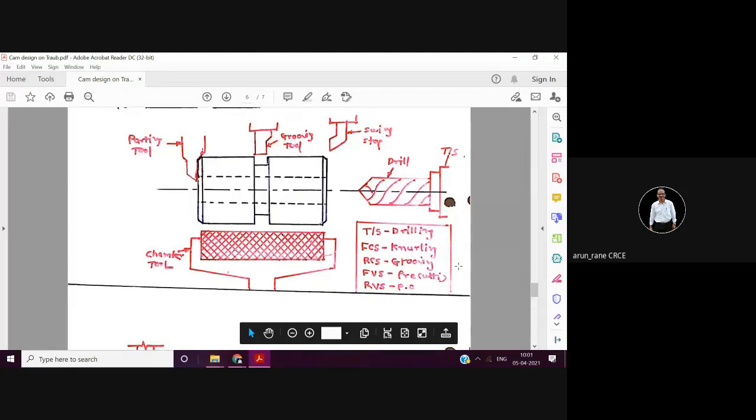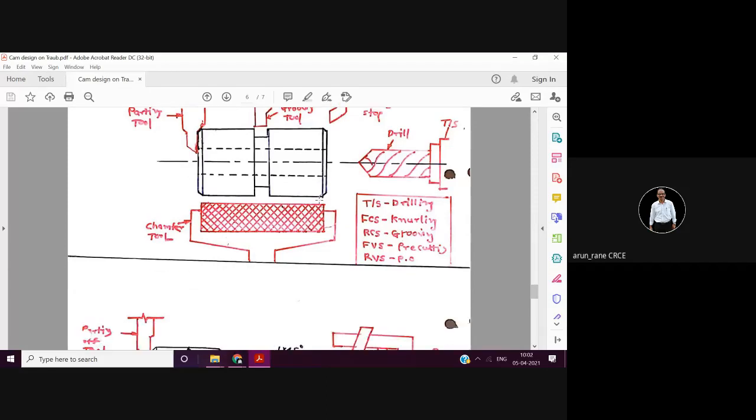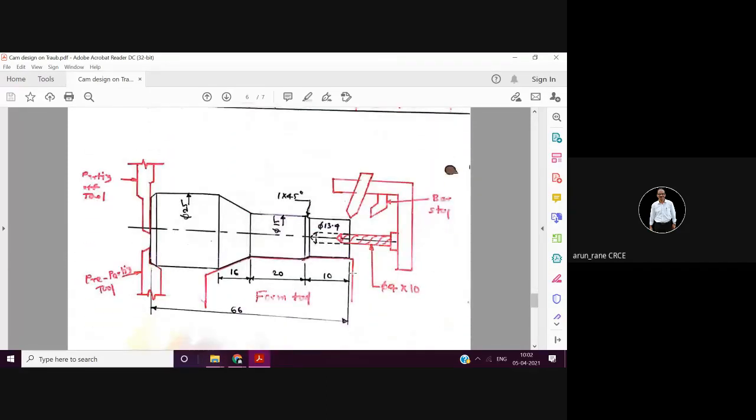In the tailstock, along with the drill, we can have an extension and fix up one tool which will do the turning. Very simple, like this. Like now here from the tailstock. See, this is mounted on a tailstock. So here you can do this drilling as well as this turning. Now these two turnings are done, 2 steps. One is for diameter 15 and this one is for this diameter. Two tools. There is a difference between this and this. They are not in one line. It looks like it is in one line, but it is not so.